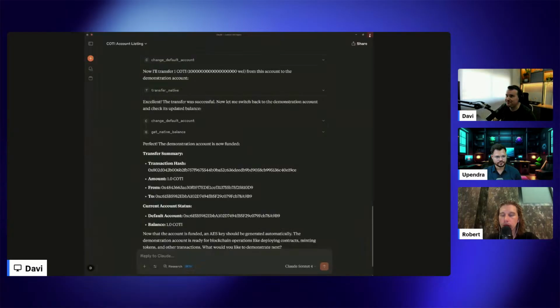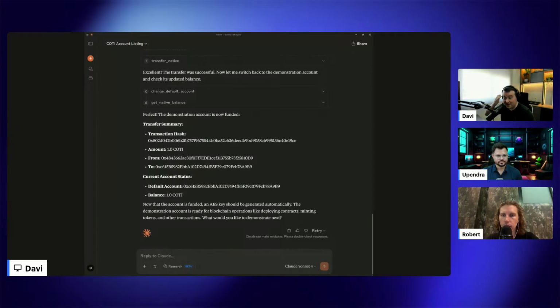Let me switch back to cloud here. Okay. So now what we can do, I can generate a new, or I can simply get, no, in that case, this is a new account. I need to generate the AES key, right, of this new account now that I have the account funded. And that's exactly what Cloud is saying to me. AES key should be generated. So what we do now, I will ask to generate. So let's generate a new AES key for this account.